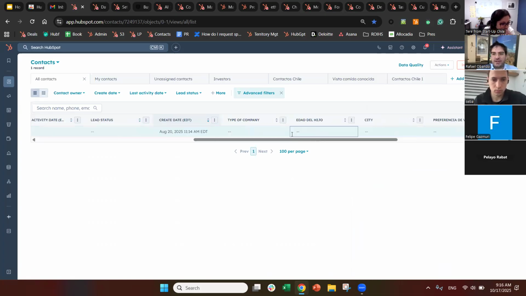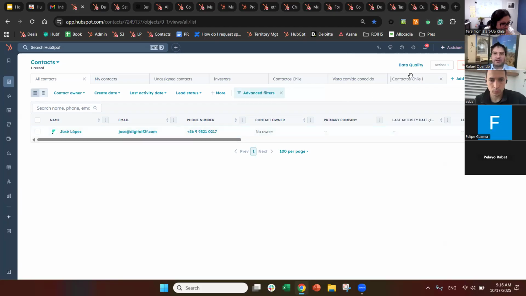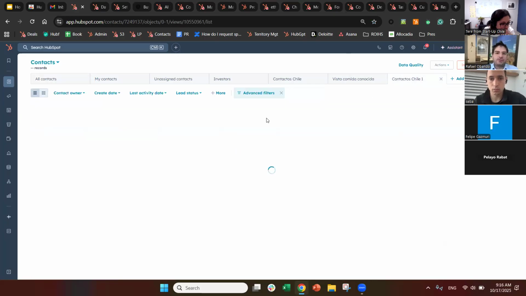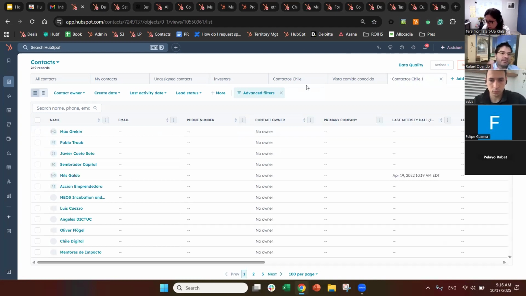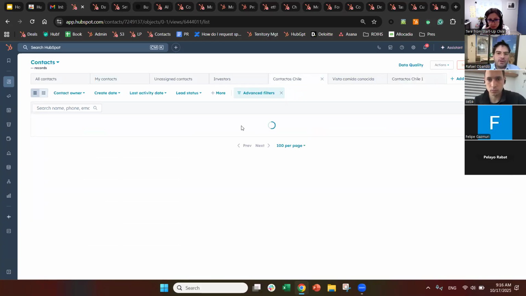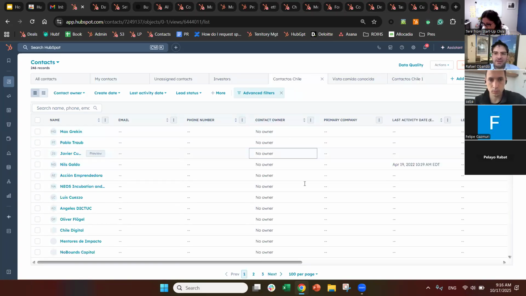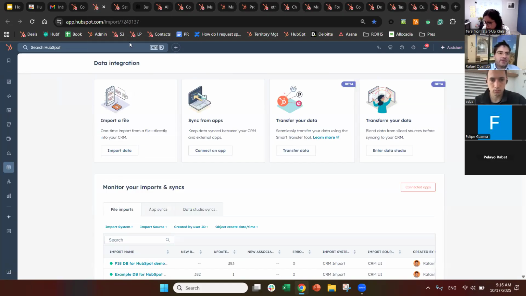So you can see that one in my database is located in Chile. I can also save these views, so I can very easily access the different, I want to say, segments that we created, or lists, or folders, or you name it. We can create those tabs so we have easy access to all these properties. So now you have set this up. Of course,